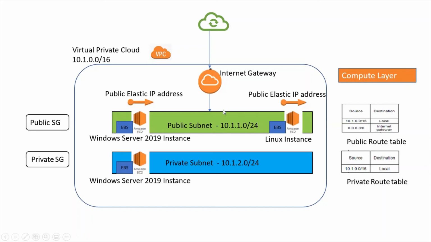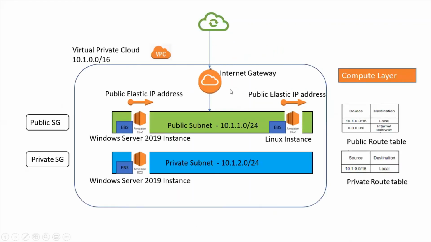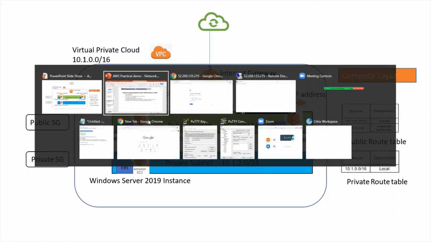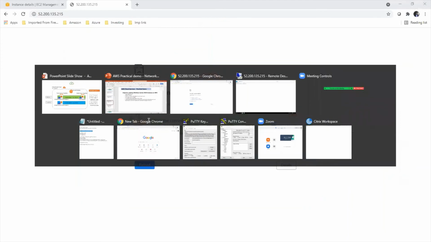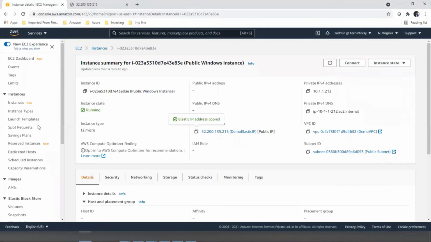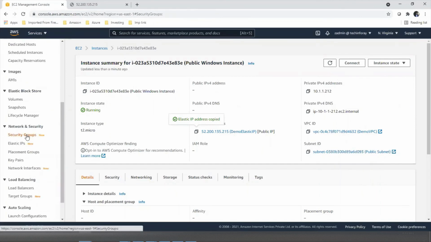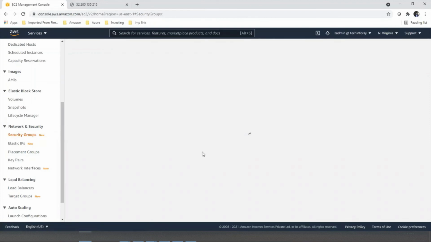So here, we need to allow the port on the firewall. Our firewall is a public security group, and that is controlling the access from the internet to our local instance. So let's get back to the public security group and check the ports that are allowed. And then we need to allow the HTTP port on this instance so that we can access this page over the web. So if we go to our security group, our virtual firewall,